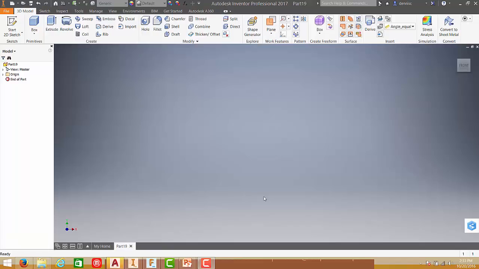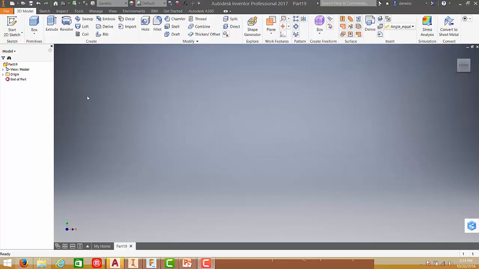Last but not the least, our featured topic on Autodesk Inventor 2017 is the mesh handling. So in mesh handling, it supports STL and OBJ file formats. So in Autodesk Inventor 2017, you could use it as an underlay or template in creating your designs.